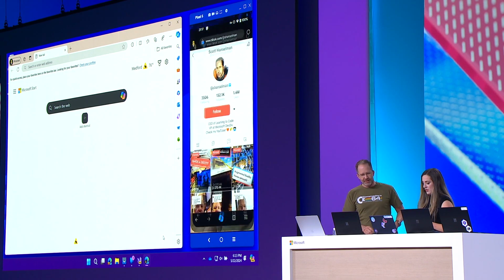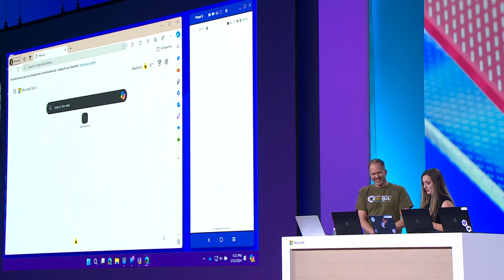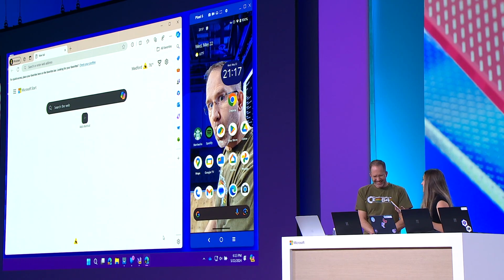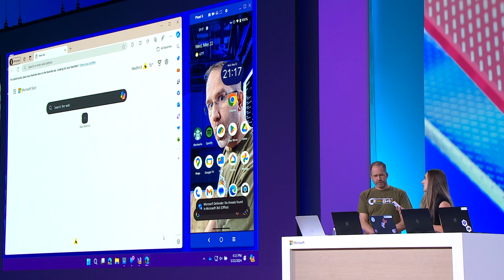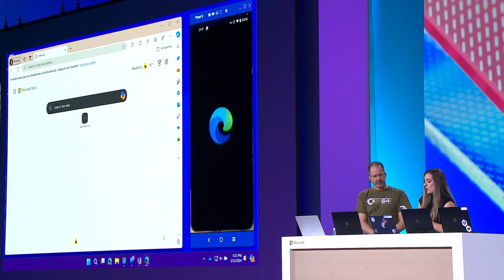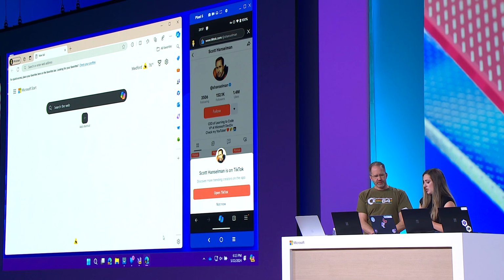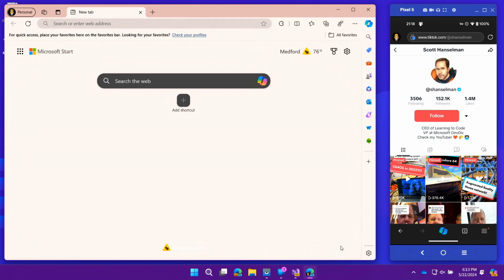Oh no, everything's opening. Anyways, I'm on my phone all the time, as you can tell. I'm also context switching a lot, so I'll be running apps on my phone, getting text messages, looking at things in Target, and then I'll be like, oh my gosh, I have to go home and actually do my job. You can actually open things in Edge here, like this guy's TikTok. And I'm using a very cool tool called Visor to screen mirror, just so that you know. Shout out to those folks.